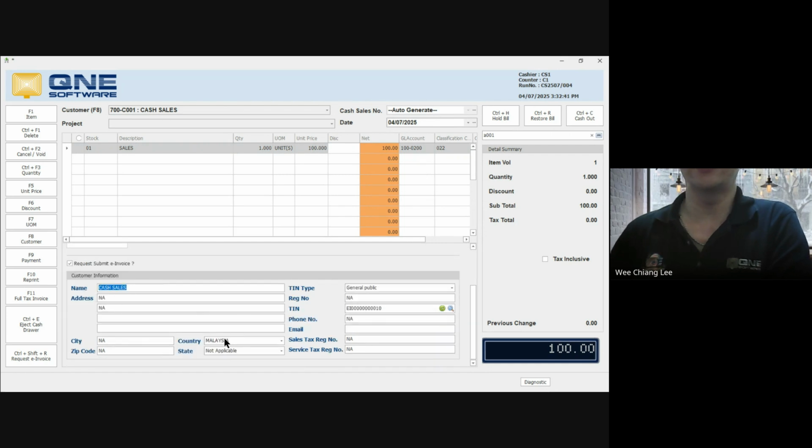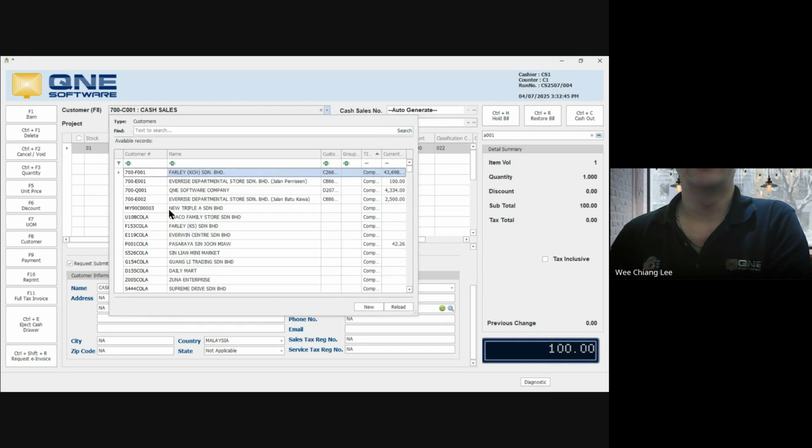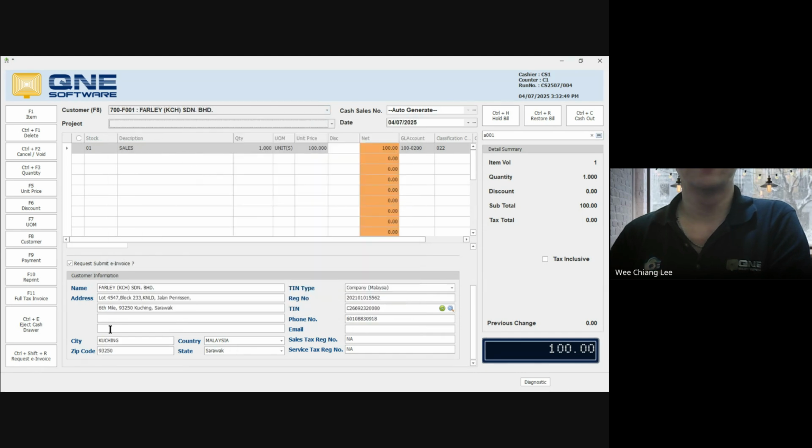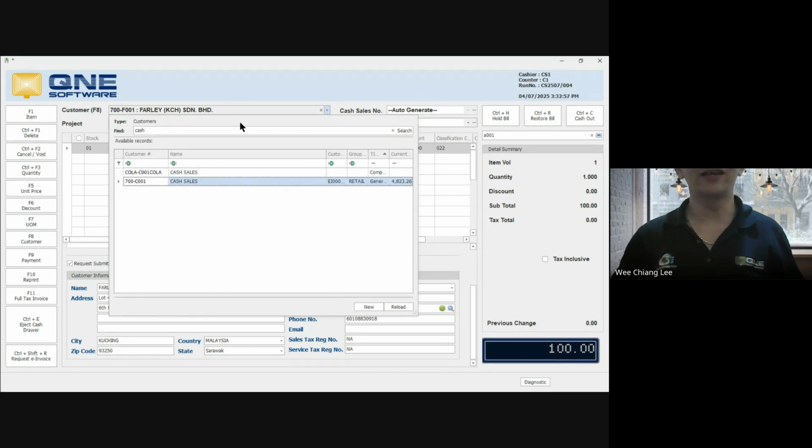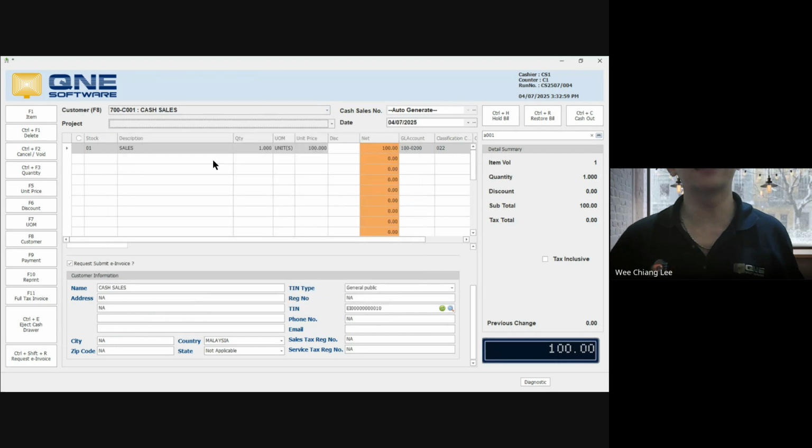Then you start to key the detail manually, or you can select if they are your existing customer. You can select the info here. So you immediately press the info here. Else you need to key manually. Maybe they are a one-time customer. You can key manually. Then you press F9